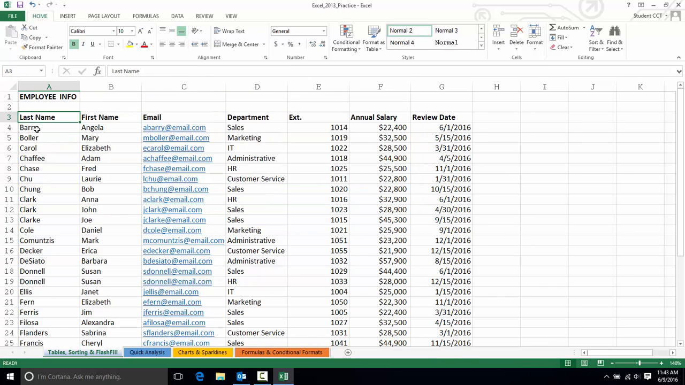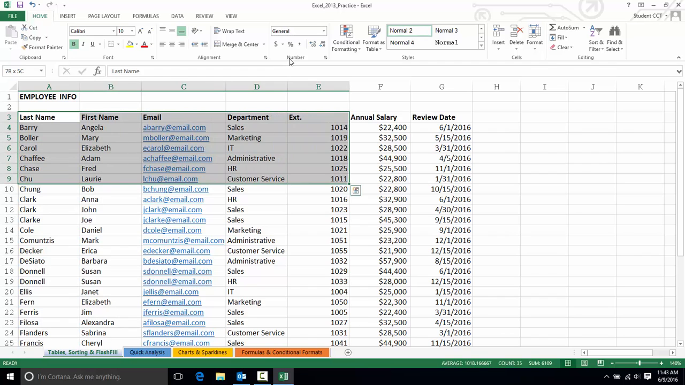You can also use your keyboard to select cells. I'll start with the first one selected and hold down the Shift key as I use the arrow keys on my keyboard. So I tap the down arrow, the right arrow, the up arrow, the left arrow. Any direction I press, it will continue selecting those cells until I release the Shift key, and that's the group